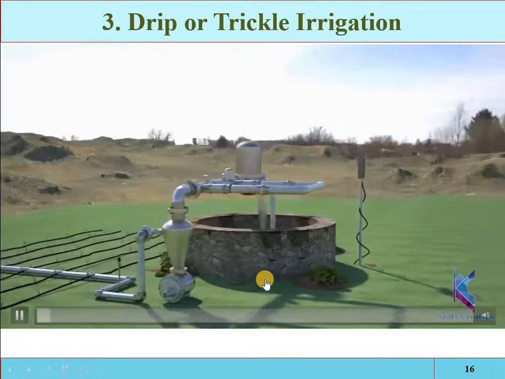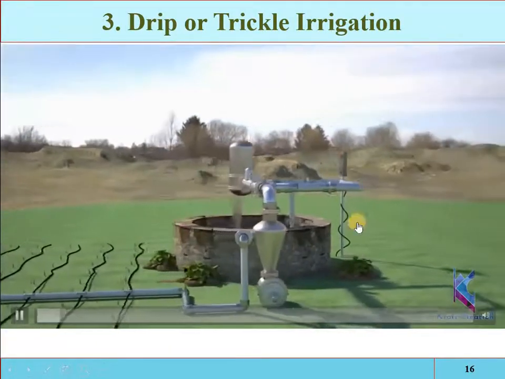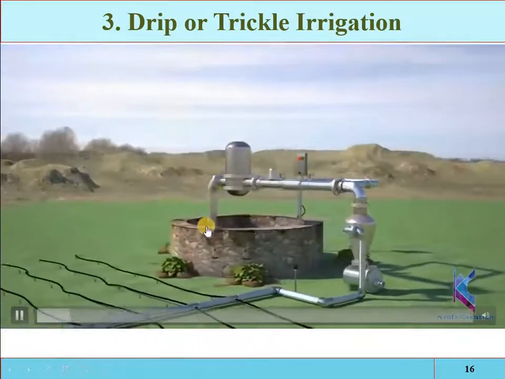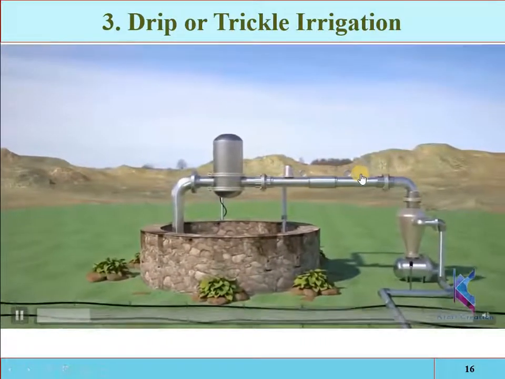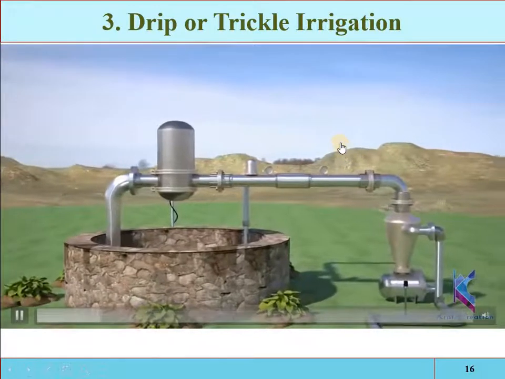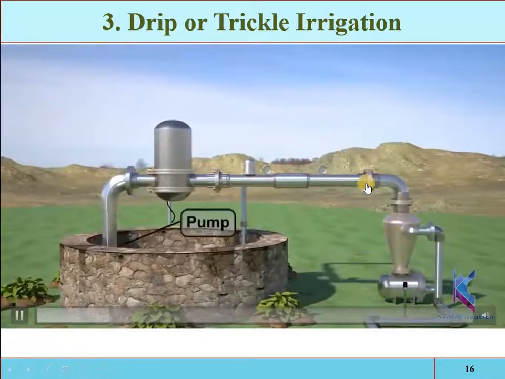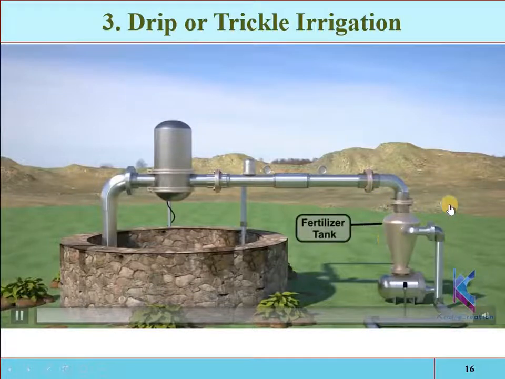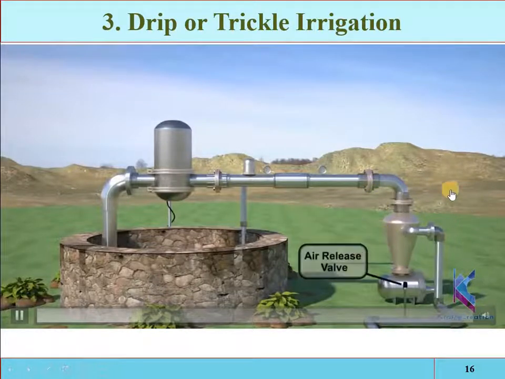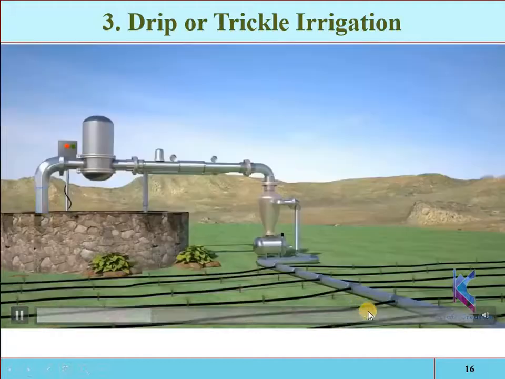So there are different components. First, we have the pumping station, which is lifting the water and entering it into the system. Then we have a head tank or a storage tank if it is required, to directly apply the water into the system. Then we have the fertilizer tanks. If you are having some fertilizers, there will be some treatment plants.